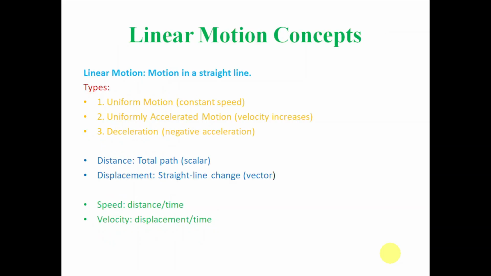So what is a linear motion? Linear motion is a motion in a straight line. That means motion that happens along a straight line is called motion in a straight line. For example, if a